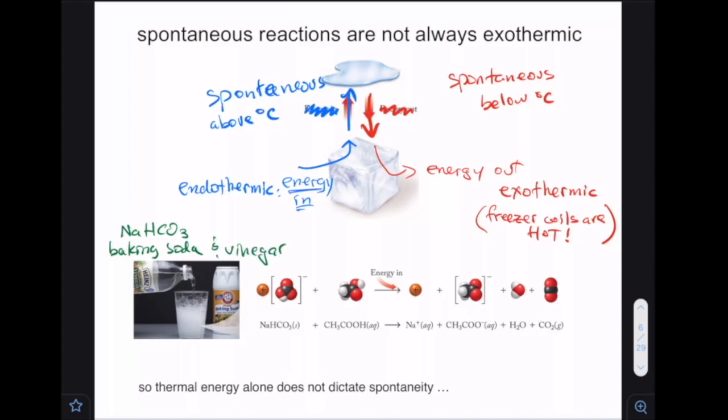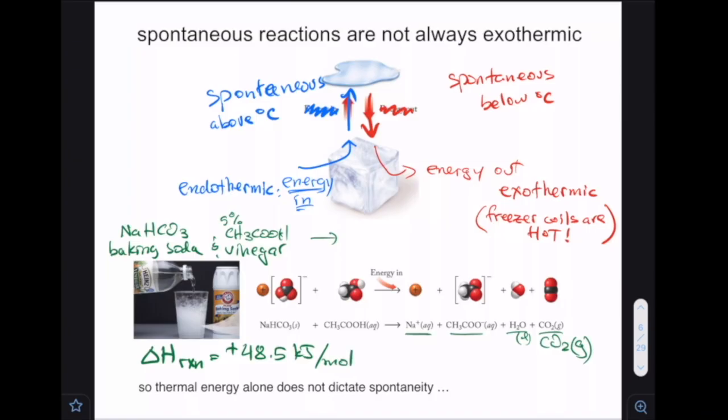And if you remember, vinegar is a 5% solution of acetic acid, CH3COOH, and you get sodium ions in solution and acetate ions in solution, and you make some liquid water, liquid H2O, and you make some CO2 gas. The delta H for this reaction is a positive 48.5 kilojoules per mole. It's endothermic,